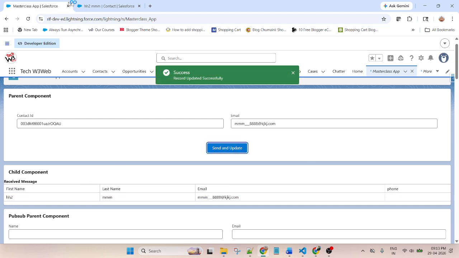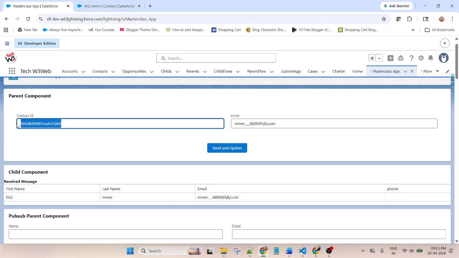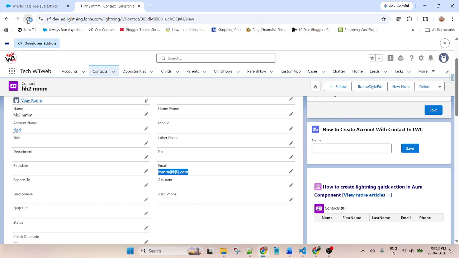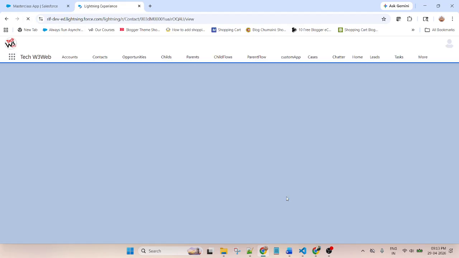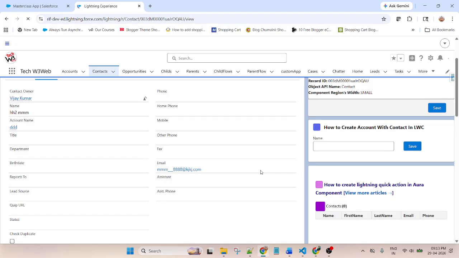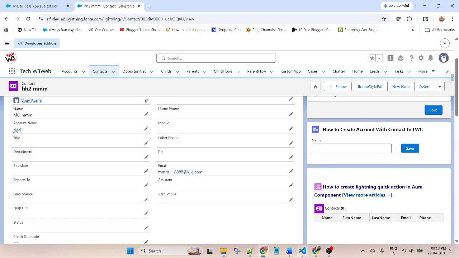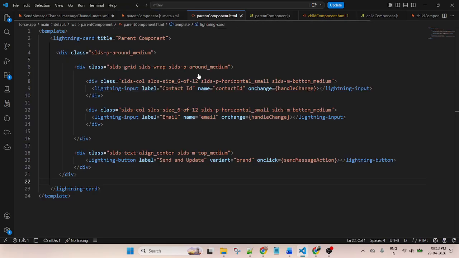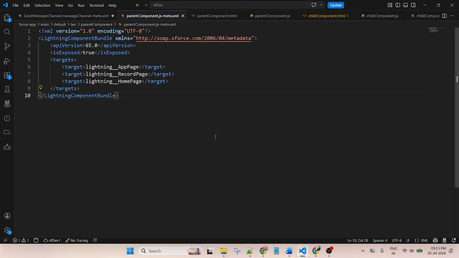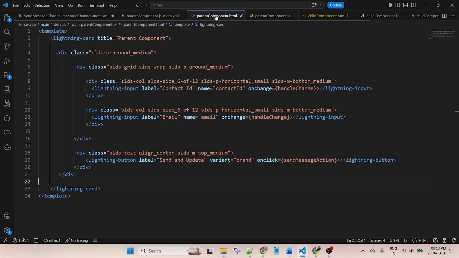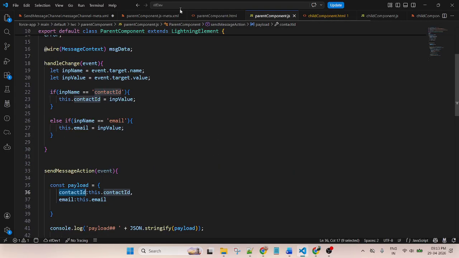Now once I click on the button, this data will change. You can see H222. This data is coming from the contact record based on this ID, and this is the updated email. You can check, refresh the record. Email ID is automatically updated. So first of all, let me quickly review. Here we are sending the data and updating the data. For display purposes, we are sending the data to the child component and updating the data in the record also. Don't reload the page; it will automatically replace and display.